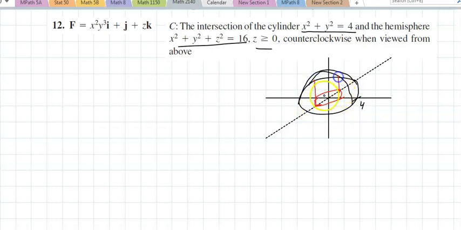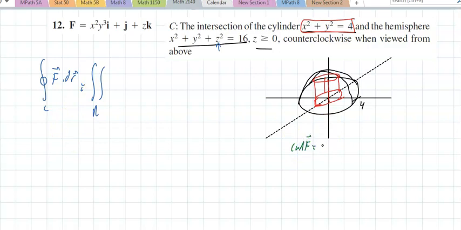So, when you look from above, the only thing you're going to see is really this circle. But you need to compensate for the three-dimensional portion, and you're going to say, well, the integral of f dot dr along C is going to equal the double integral over the region of, and let's see, if I take the curl of f,